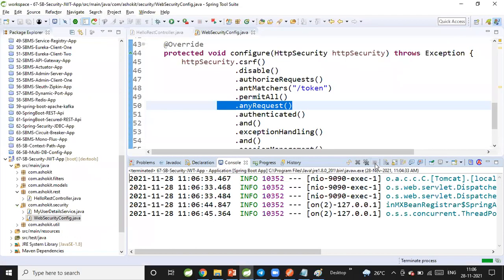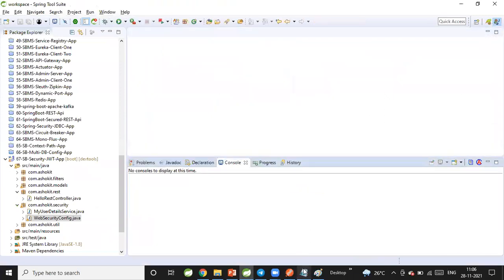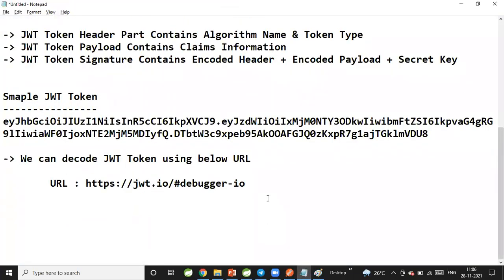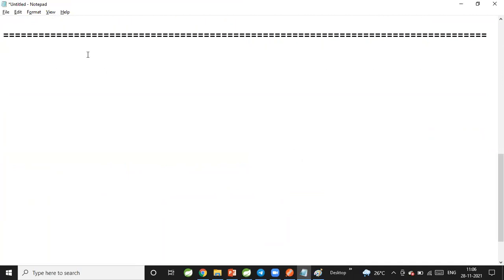I will stop this. Now let me tell you the requirement. Spring Boot application with the JWT token.